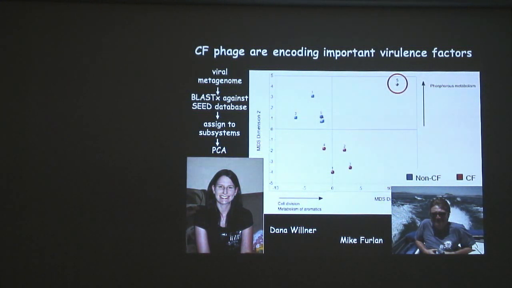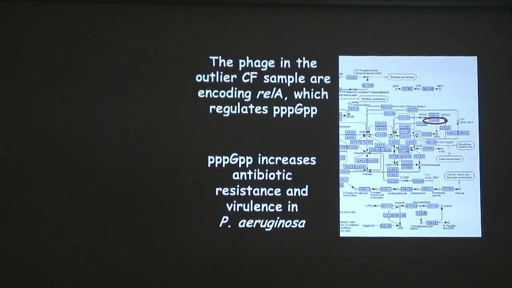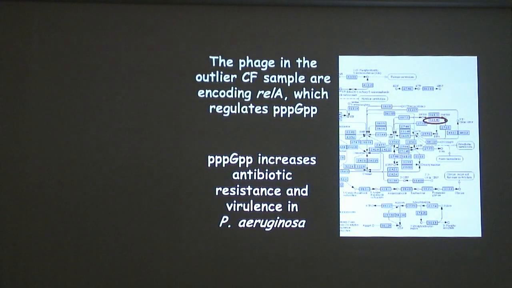So we think that what you've seen is a massive expansion of RelA through the whole system. What we know is that the RelA gene here is in at least 5 different viruses, or 5 different phage, right? So it's jumped between different phage and is being expanded through the system.